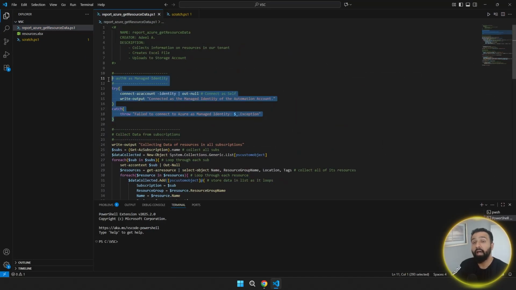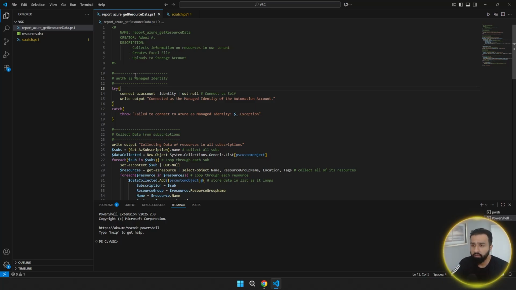Another thing is, because now I'm going to be using this both locally as myself when I'm using it in Visual Studio Code, and then when I upload it into Azure Automation account, I want it to work with managed identities. I'm going to modify this because if I try doing this, it won't work because my computer is my laptop and it is not a device that's on Azure. So anytime I try to connect as a managed identity, it's just going to fail. So let's just make a little bit of changes here so that anytime we make a new script, we just copy this part and paste it, and it will work both on Visual Studio Code and